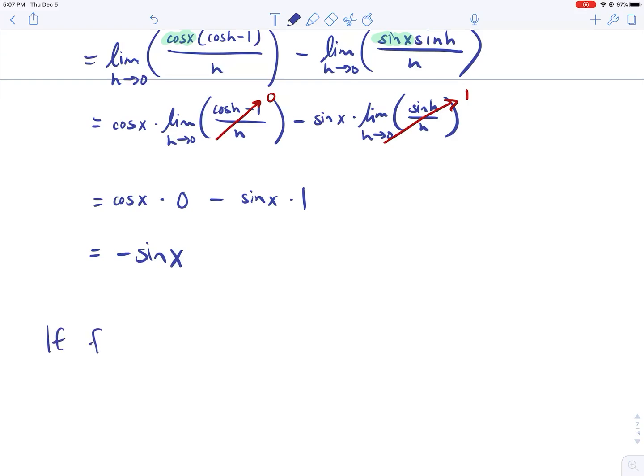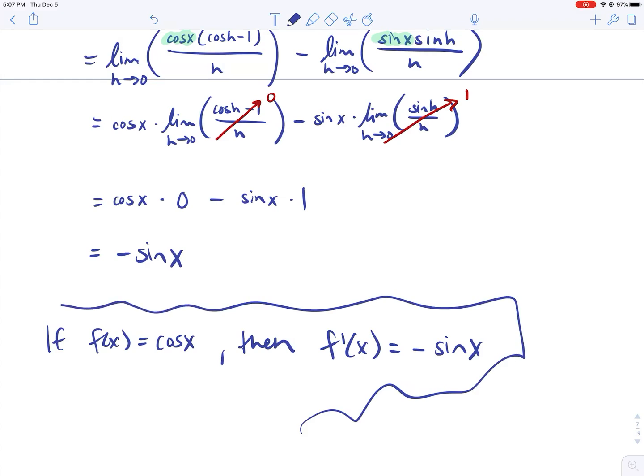So if f of x equals cosine of x, then f prime will equal negative sine of x. So you want to memorize that as well. Okay, so I'm going to